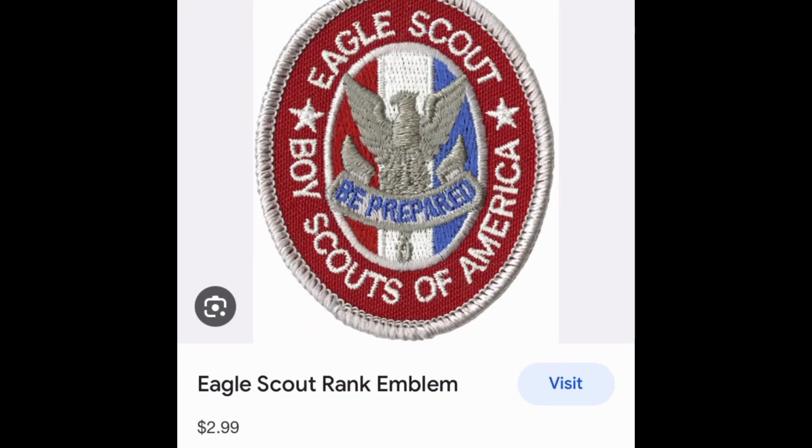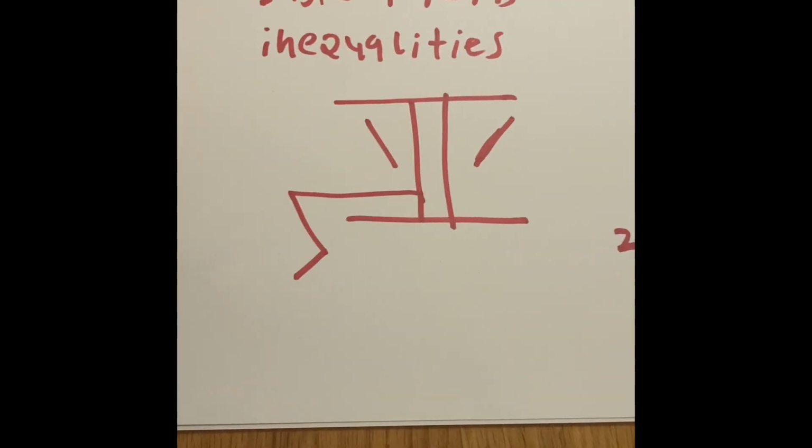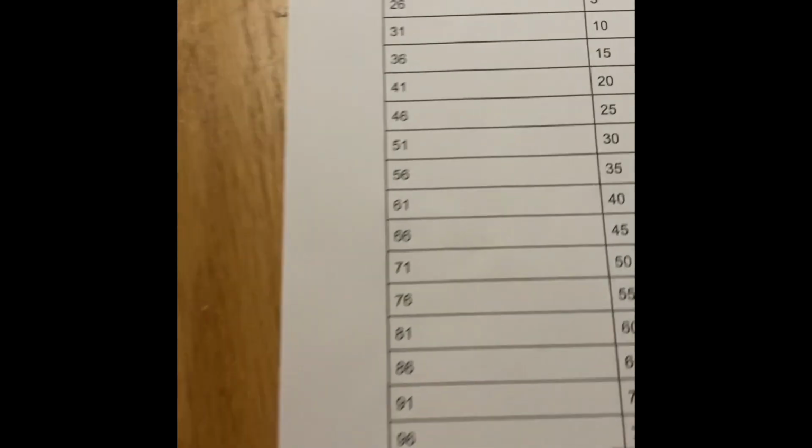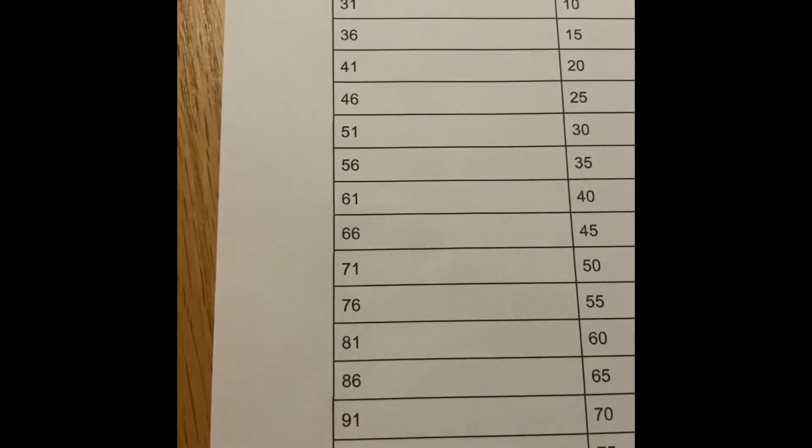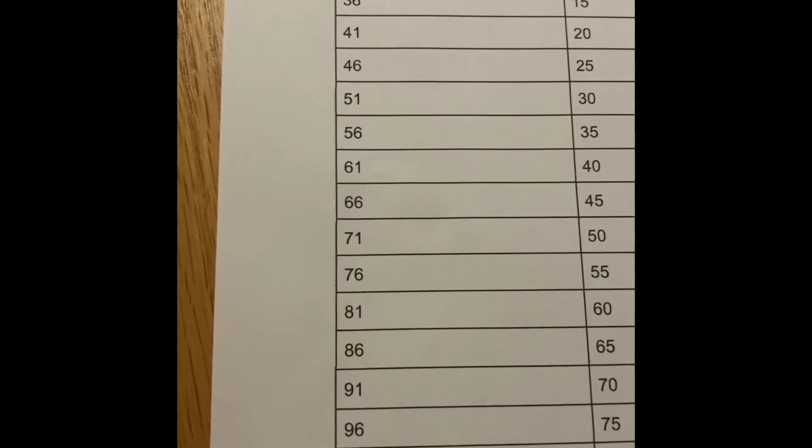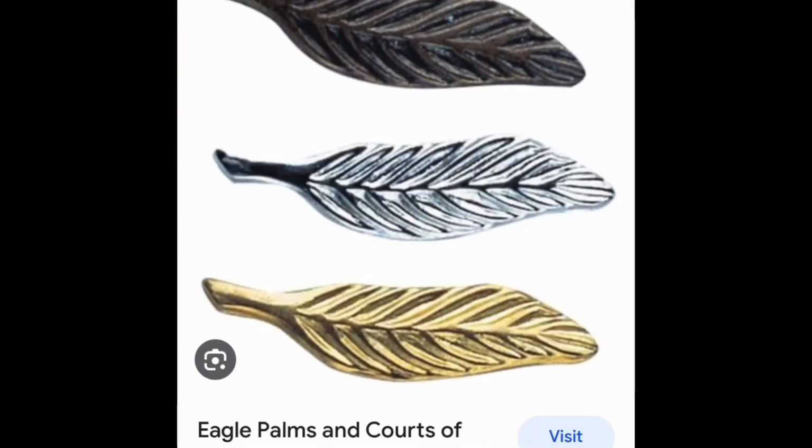Remember, to earn the Eagle Scout rank, a Scout must earn at least 21 merit badges. So let's look at this chart. This section of the chart right here talks about the number of badges in total the Scout has. Once you become an Eagle Scout and earn your 21 badges, any badges that you earn that are extra, those that are over 21, can be used to get Eagle Palms, and you earn 1 palm for every 5